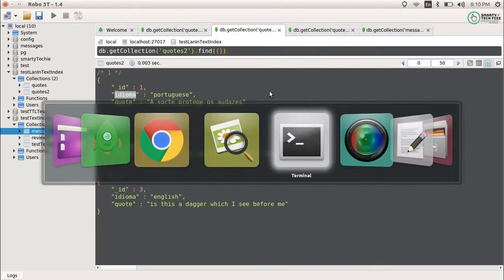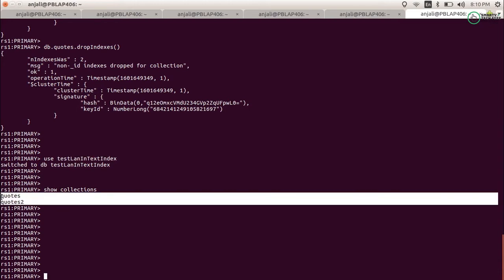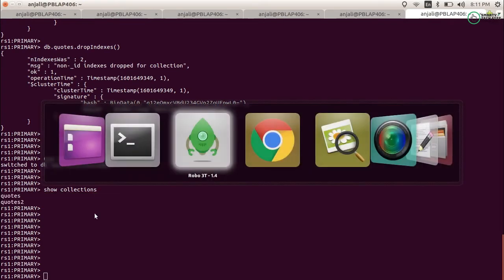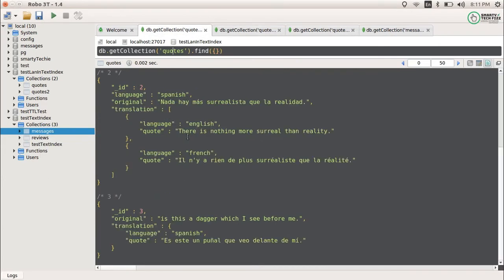You can see that this is the database which I am using, and this is the collection, in which there are two collections, codes and codes2. This is for the different examples, so I need to tell you the whole scenario. So let's see in Robo 3T, so you will be able to get it easily. You can see that this is the codes collection. I have taken this example from the documentation given by MongoDB.